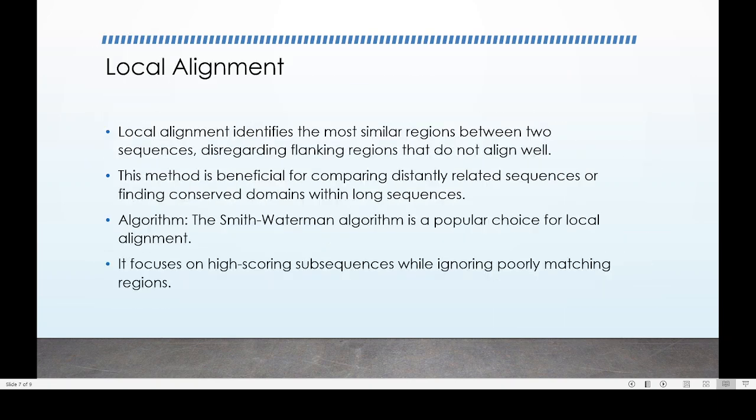So that is the feature of local alignment, and this is mainly beneficial for comparing distantly related sequences. That's one advantage of local alignment, as is finding conserved regions within a long sequence. So when there are 2 separate sequences and their evolutionary relationship is very wide, then we will be using this method. Here the algorithm that we are using is the Smith-Waterman algorithm. That is the software technique that we are using. It focuses on high scoring subsequences while ignoring poorly